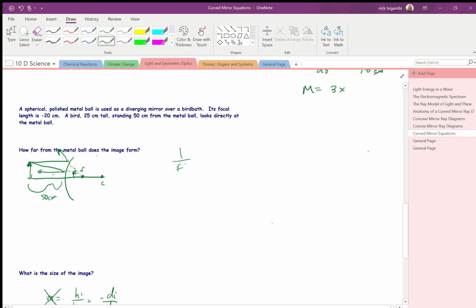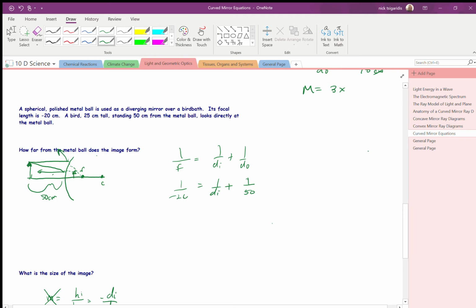So 1 over f is equal to 1 over di plus 1 over do. Watch your negatives here, because we have to pay attention to those negatives. They tell us which side of the mirror things are actually on. So 1 over negative 20, which is my focal length, is equal to 1 over di, which is what we're interested in, plus 1 over 50, because our bird is 50 centimeters